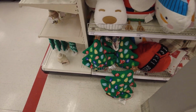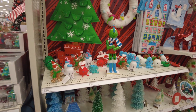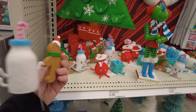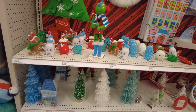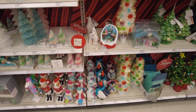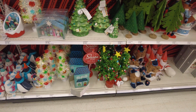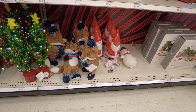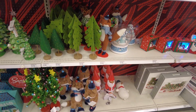Christmas tree advent style calendar. Tiny gingerbread man holding the hand of a, was that like a milkshake or something? Or just milk? Something like that. The combined one is $5. More trees, more little characters. Miniature trees. Reindeer. I think the animated plush fox is $15. Santas, foxes,